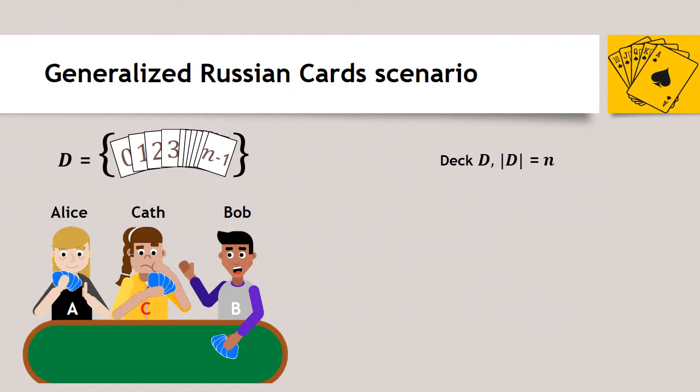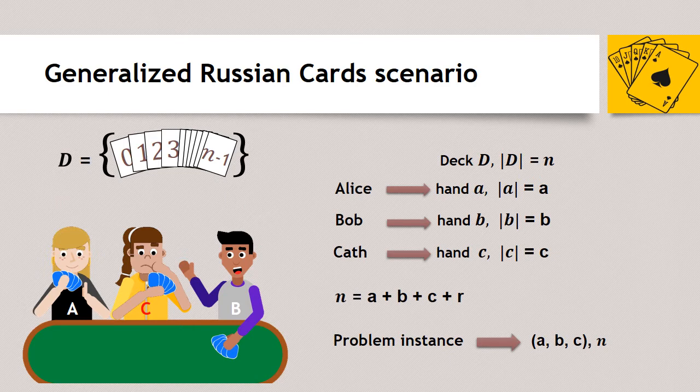The more general scenario for the Russian cards problem is the following. We have three players, A, B, and C, which we call respectively Alice, Bob, and Cath, and a deck of n cards labeled from 0 to n-1. A particular problem instance is determined by the signature a+b+c and the value of n, meaning that the cards from